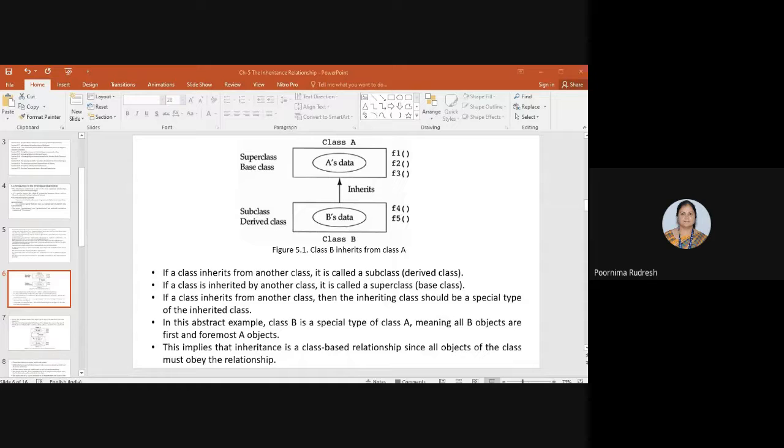Is this slide visible? Can you see this slide? Is it visible? No, ma'am. Which slide is visible now? 5.1. Say it loudly. 5.1. Is 5.2 visible now?